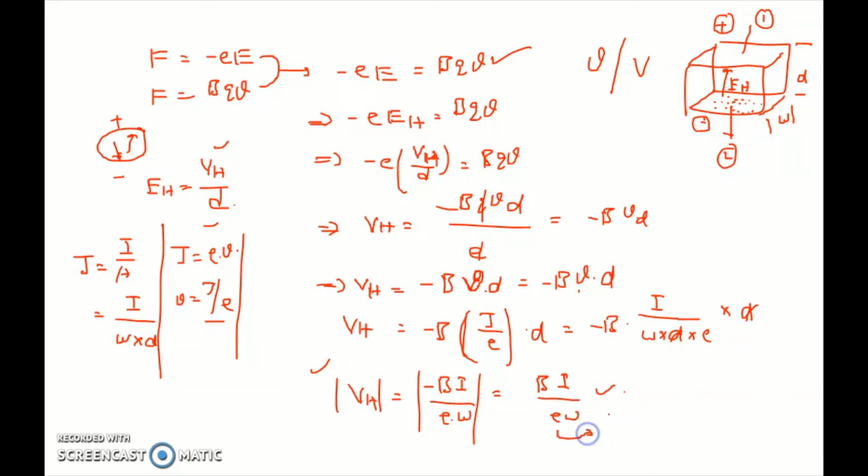While coming to the charge density, rho can be taken as N into Q. That means the number of electrons or charge carriers is N, and Q is the charge of the charge carrier. If it is a hole, then the charge of the hole; if it is an electron, then the charge of an electron. So it is the charge density.